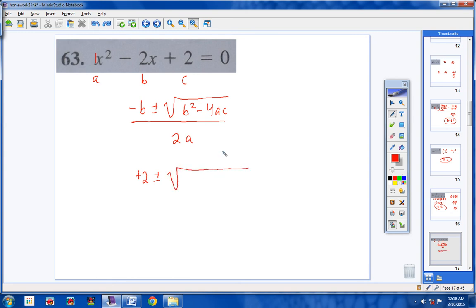Plus or minus the square root of b squared. Square negative 2 and you get 4. Then I like to put negative 4 and then do ac in my head. So 1 times 2, ac, 1 times 2 is 2. And the denominator, 2 times a, 2 times 1 is 2. All right, so next we have 2 plus or minus